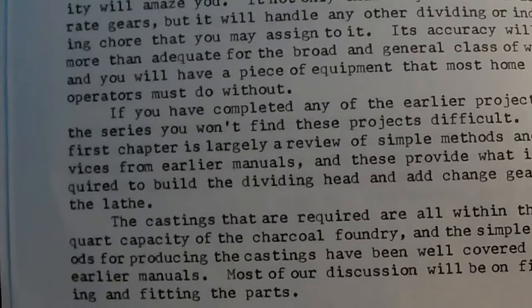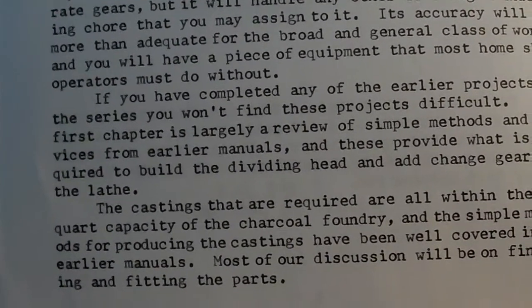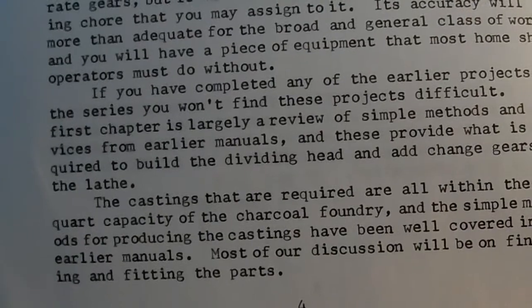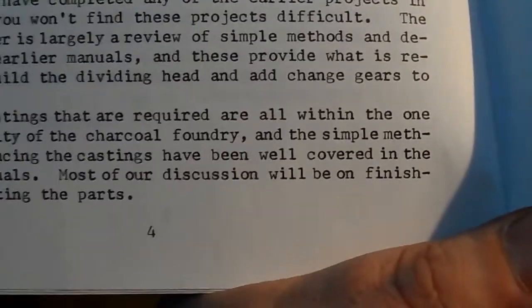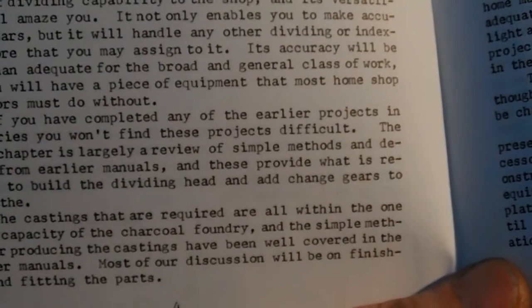The castings that are required are all within the 1 quart capacity of the charcoal foundry, and the simple methods for producing the castings have been well covered in the earlier manuals. Most of our discussion will be on finishing and fitting the parts. So, yeah, easy to read and understand, and